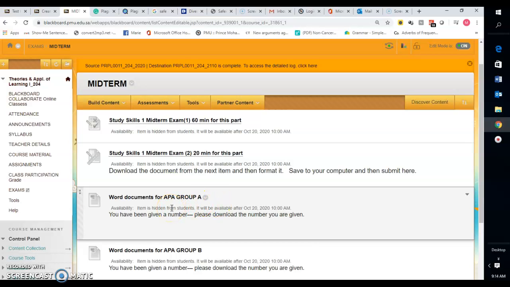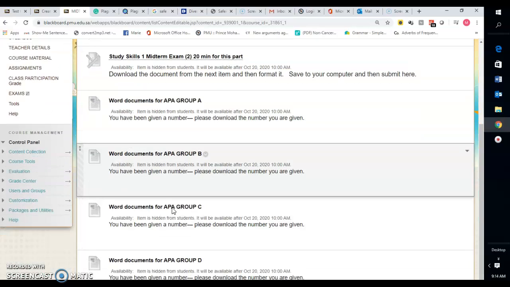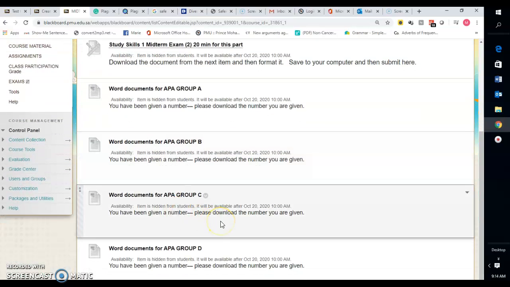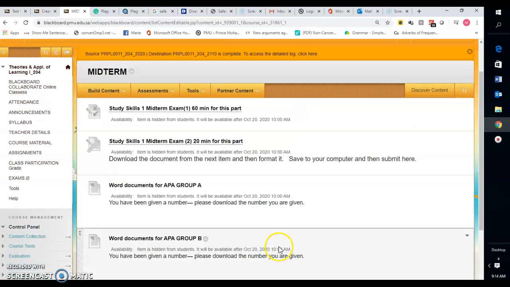I've made 4 groups, so 30 students. So I think there would be 7 copies in each group, and 9 in one of them. 7 in 3 and 9 in 4 in Group D. So, okay, for example, the first one,